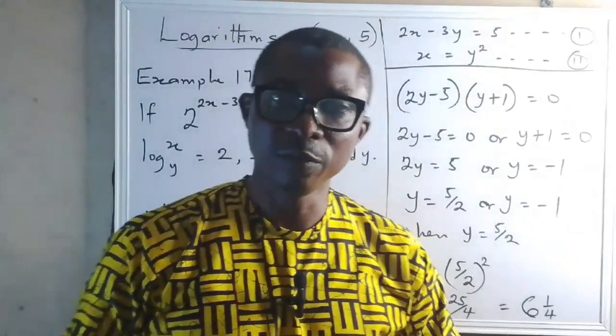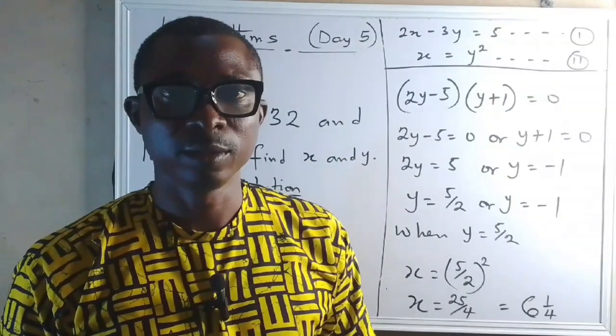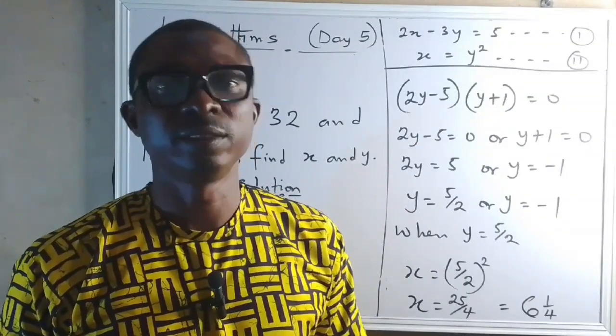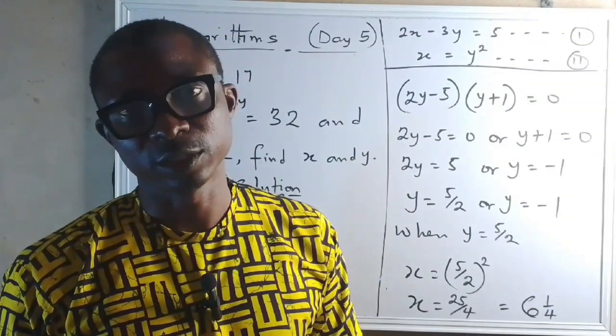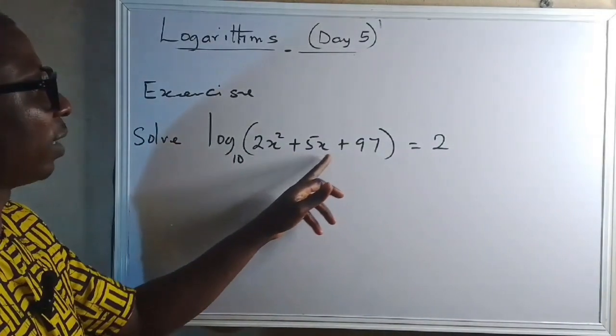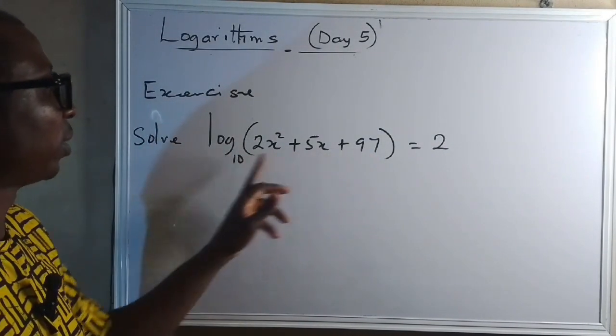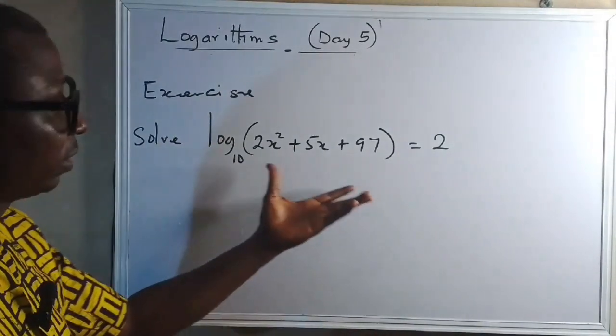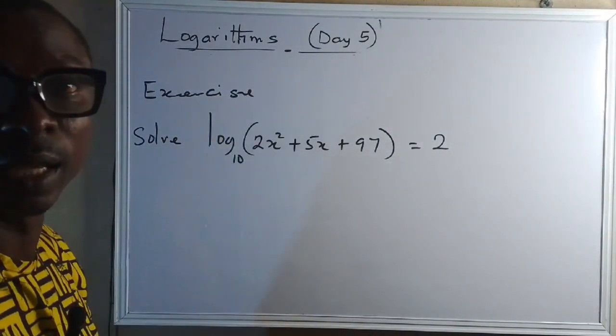I'm going to give you some exercises to try on your own, and let me have the answer in the comments section. Solve log of 2x squared plus 5x plus 97 base 10 equals 2. So now this is the equation. Now solve it and let me have your